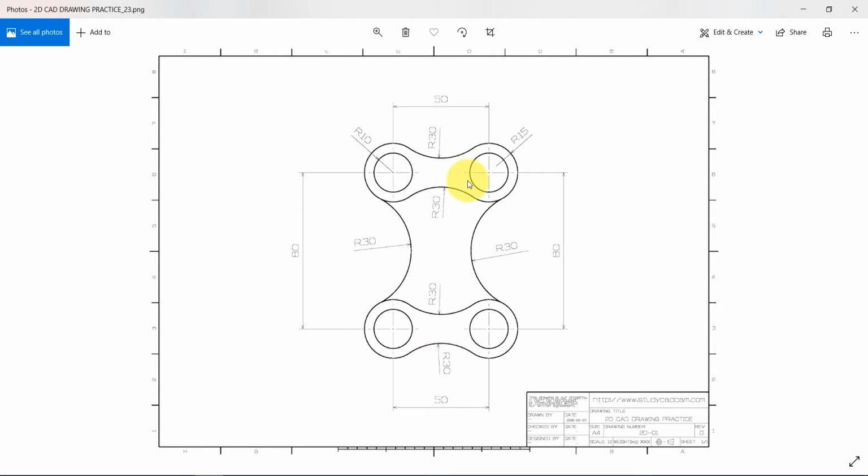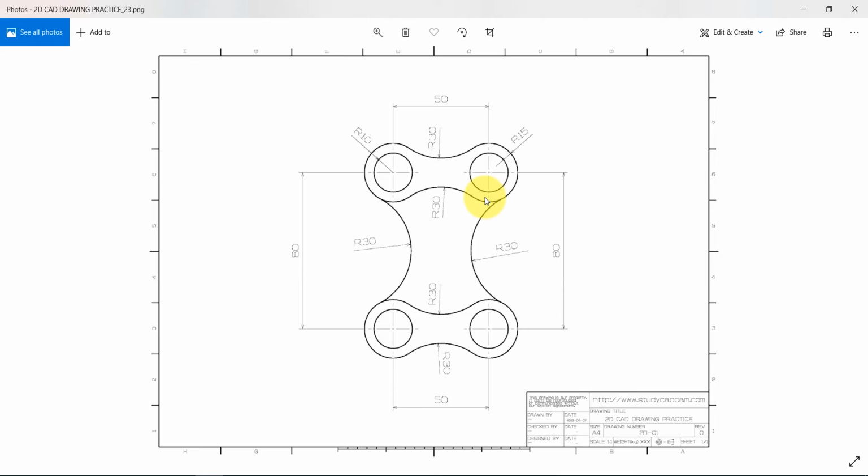we can say that this part is symmetric about this center line here. And this whole part is symmetric about a center line here. And this arc is symmetric about a center line here. Based on that, you should choose where to start. So in this case, we will consider this point as our origin point, and that's why we need to start